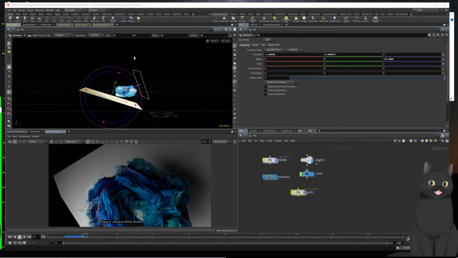Let's get the size of this bounce card. It's basically changing the intensity of that reflected light. So now we just have this subtle kind